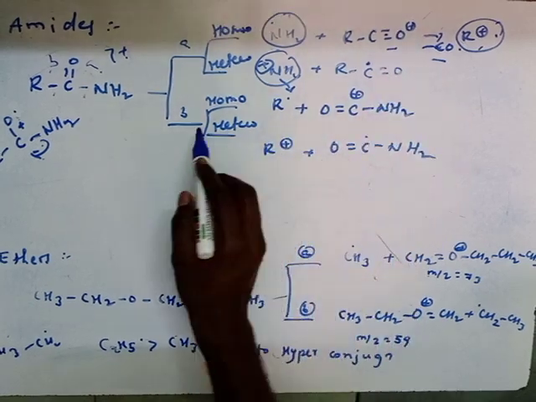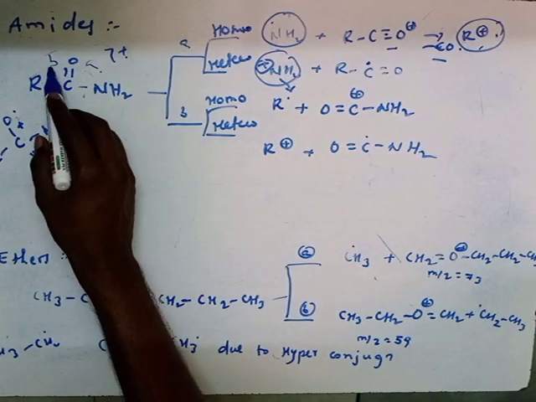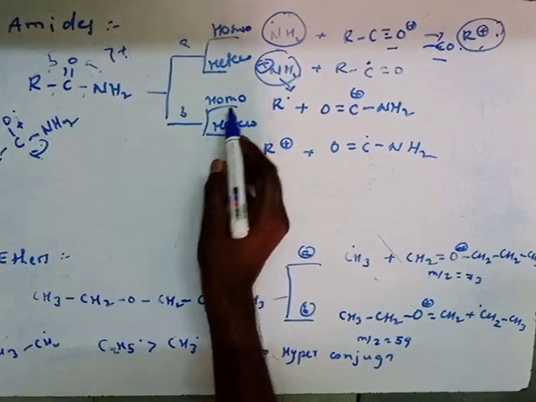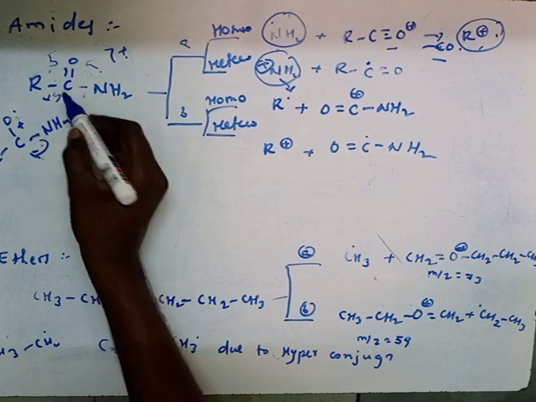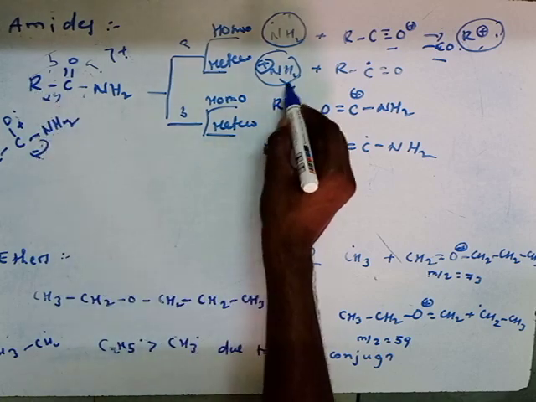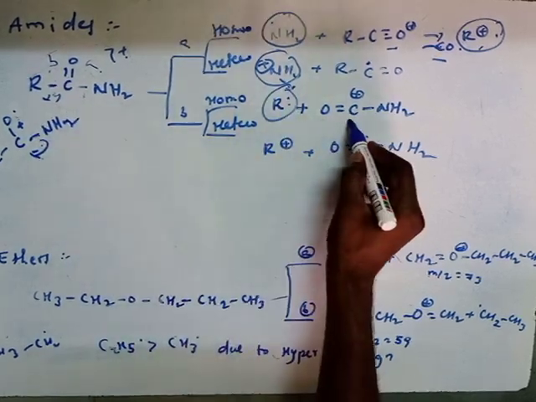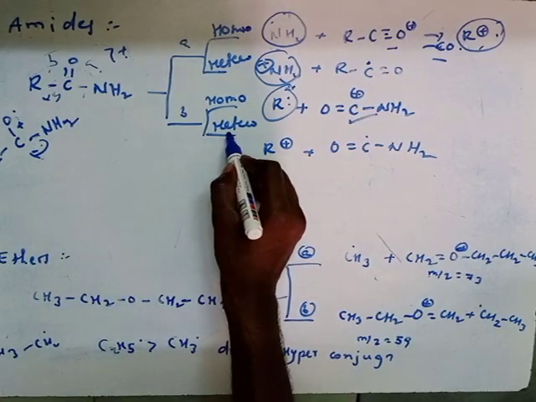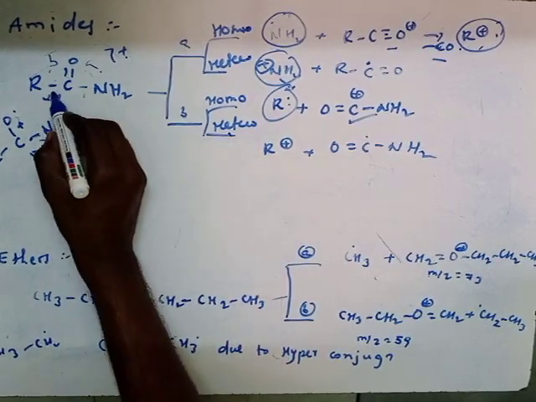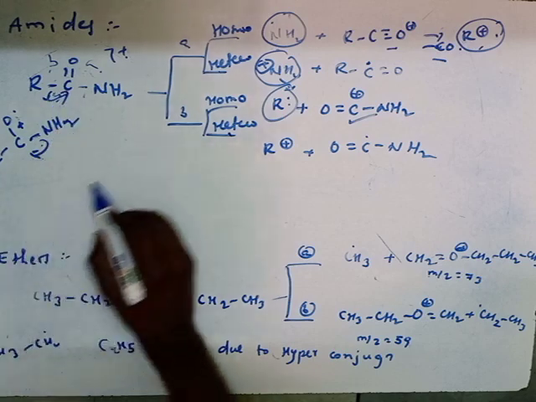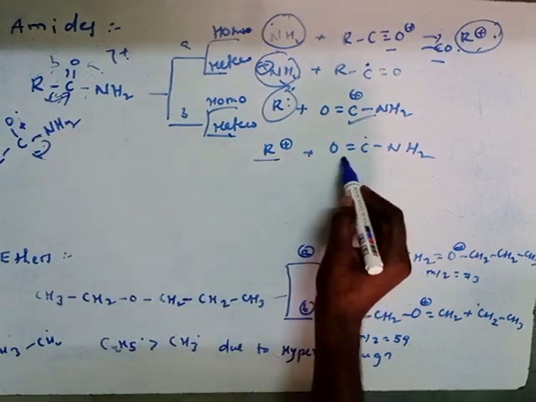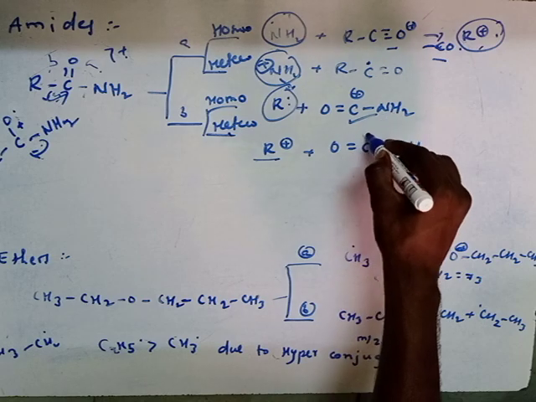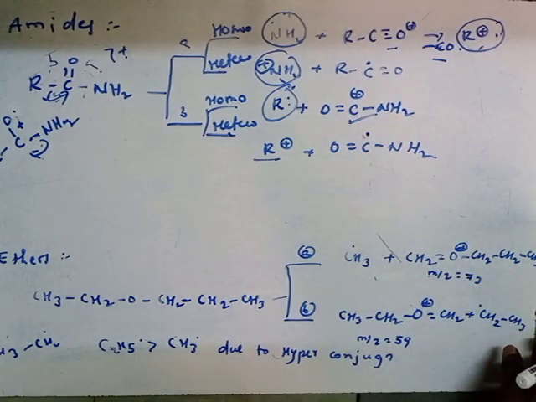Similarly, if it undergoes B-type cleavage, first if it undergoes homolytic cleavage, radical formation takes place, and here a cation will be formed. Similarly, if it undergoes heterolytic cleavage, both electrons move to this side, so R plus, and it will be a radical. Just like aldehydes, ketones, esters, amides will all be similar.